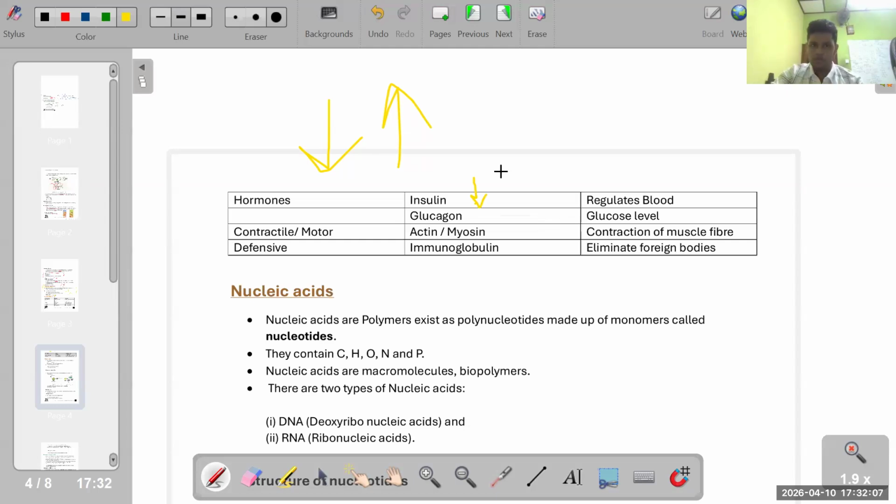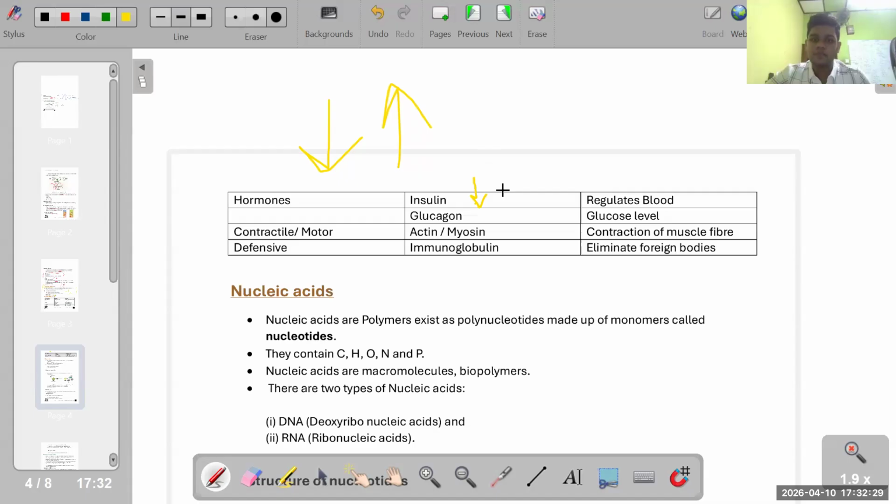So, in our human body, normally insulin and glucagon are present, right? So they will be decreasing and altering those. If it is in excess, insulin is secreted, and insulin will decrease its level. When the blood glucose is at a very low level, glucagon comes and gives an upliftment, it increases it.